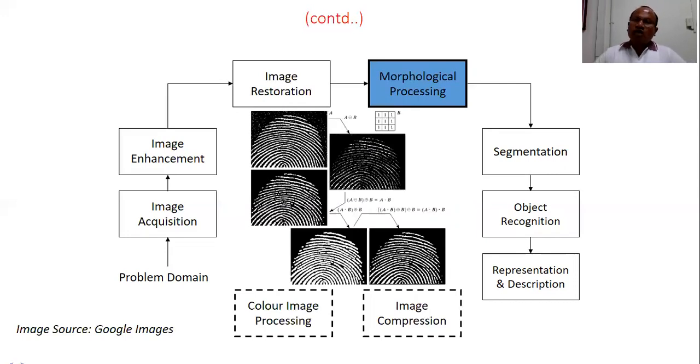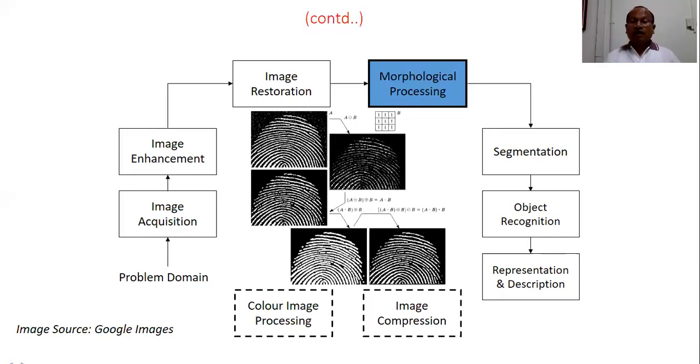Can you understand why these operations are performed? Morphological operations are very important in these applications. Can you understand what actually this application is? When you capture your fingerprint, if you are not able to clearly distinguish all the curves and all the lines, where they are joining, where they are bifurcating, you will not be able to differentiate the fingerprint of one person from another person. Because the uniqueness of a fingerprint is very high. You cannot find the same finger of another person which has the same attributes as your finger.